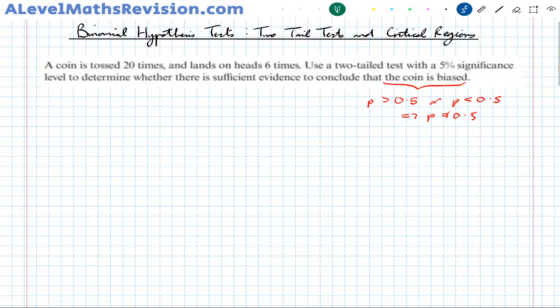So we don't know whether to test for a greater than or less than. That's what makes it a two-tailed test. So in essence, we're going to test for both of those things. So when that happens, first thing, define in words what P is. So P equals the probability of a coin landing on heads